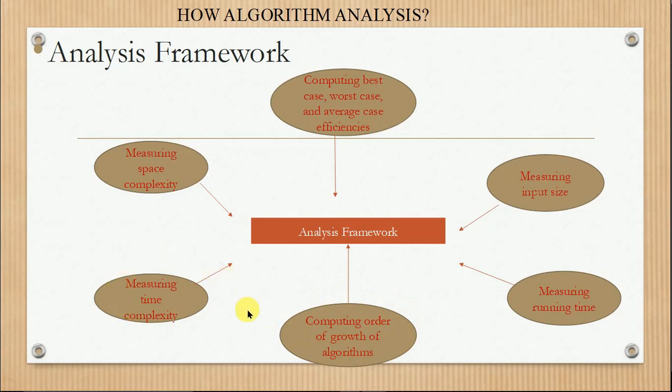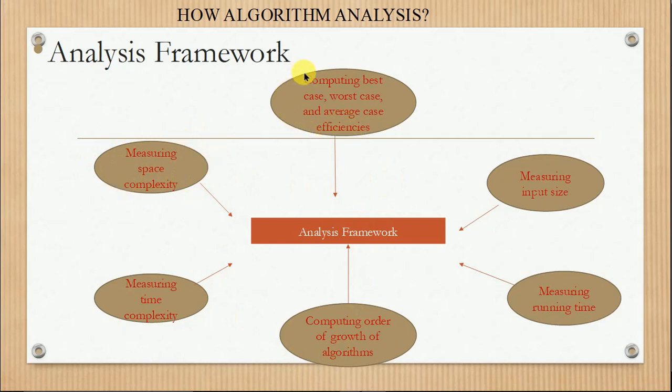And next is measuring the time complexity. Time complexity is nothing but what I told you here: the execution for n is equal to 4 takes 2 seconds, and the execution for 16 elements takes 4 seconds. So that complexity can also be calculated. And measuring the space is how much space is required in your memory to perform the operation of a particular problem, so that can also be calculated.